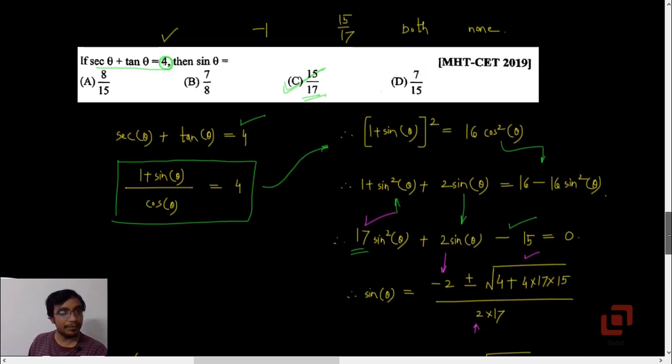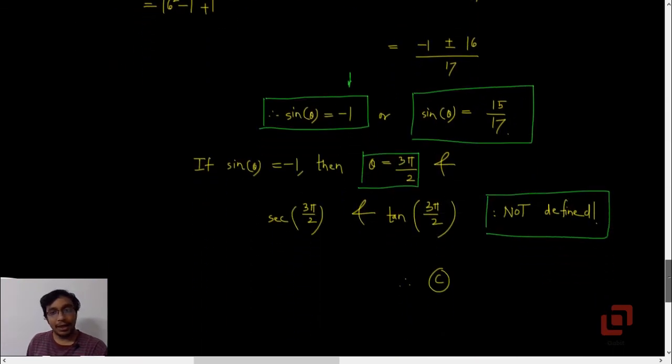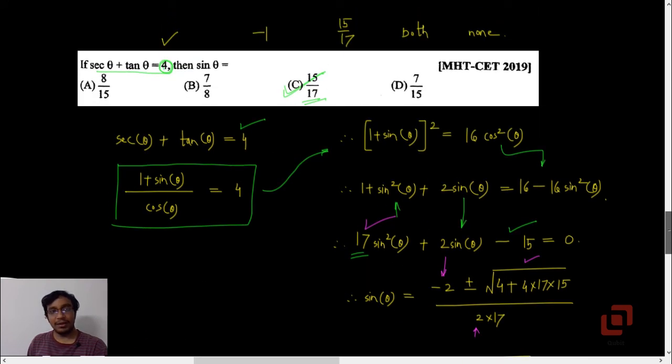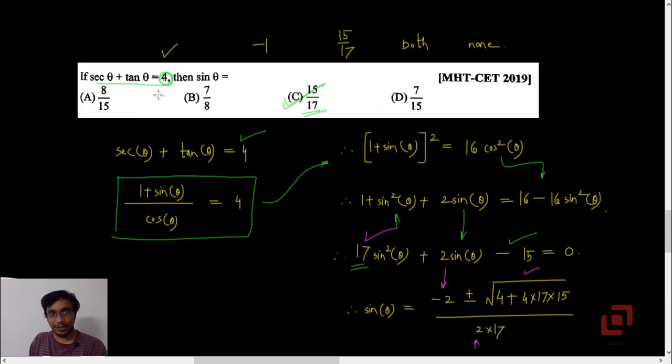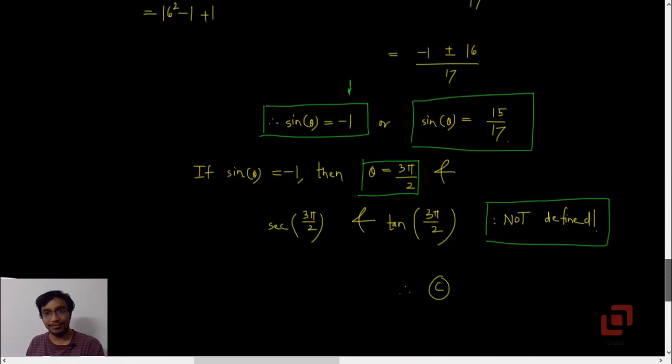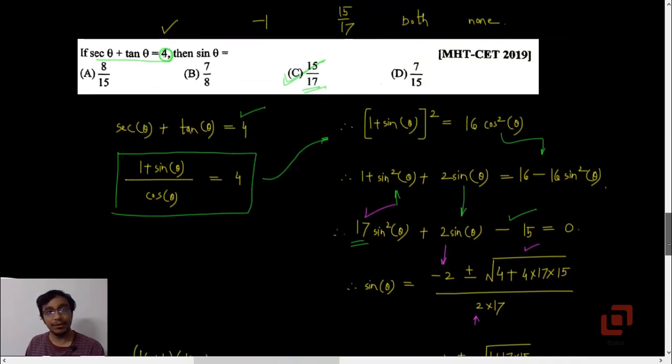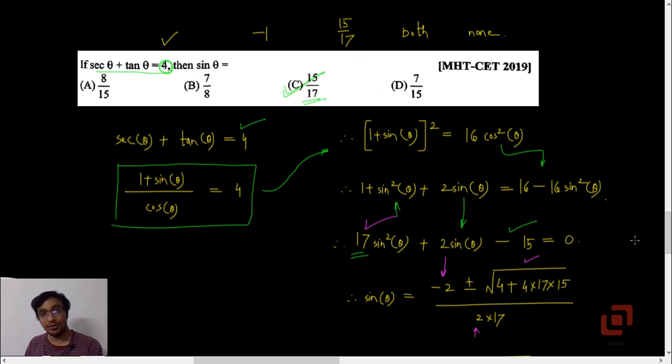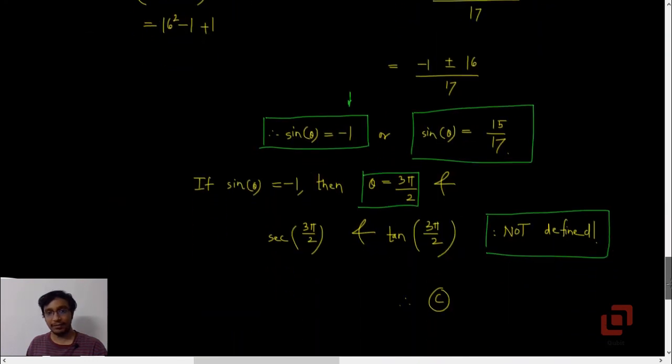That's impossible. I remember a question in your 11th standard textbook, very similar to this, where they ask you to find theta and they print both these values. If you check the answers at the back, 3 pi by 2 is printed as a correct one, but 3 pi by 2 is not the valid one, right? Because sec theta plus tan theta is not equal to 4 for 3 pi by 2. So that is option C and not minus 1.